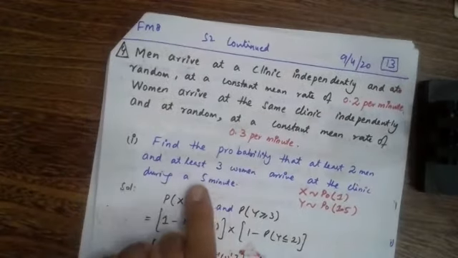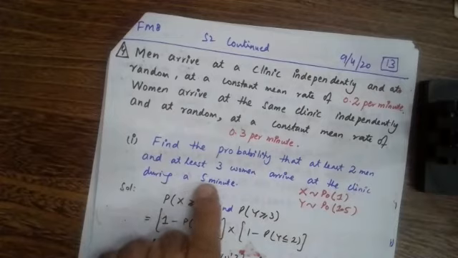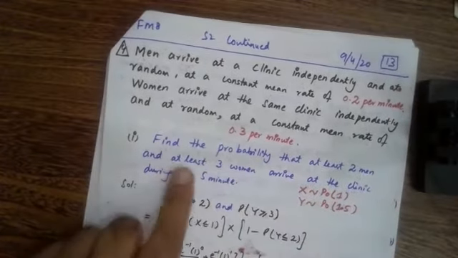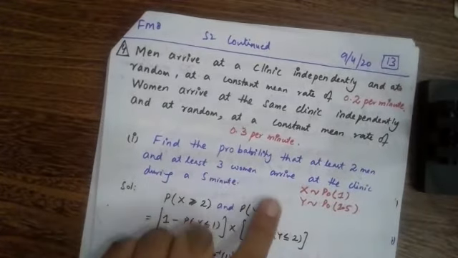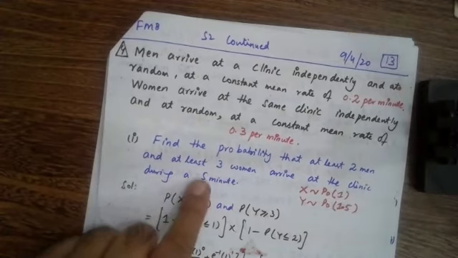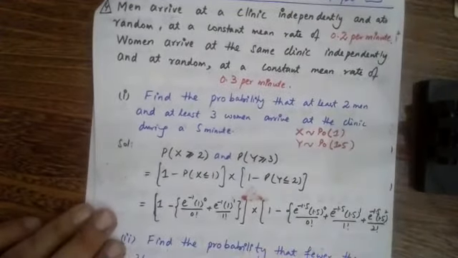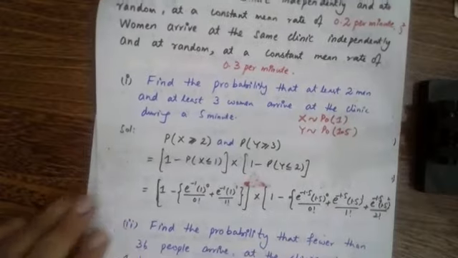The reason that I am talking about the 5-minute period is that they want us to calculate the probability for a 5-minute period. Find the probability that at least 2 men and at least 2 women arrive at the clinic during a 5-minute period. No, we can't do this question like the questions of the normal distribution. We will have to